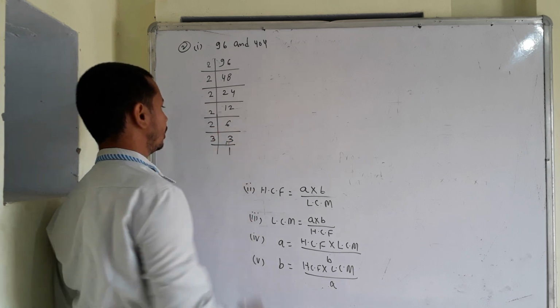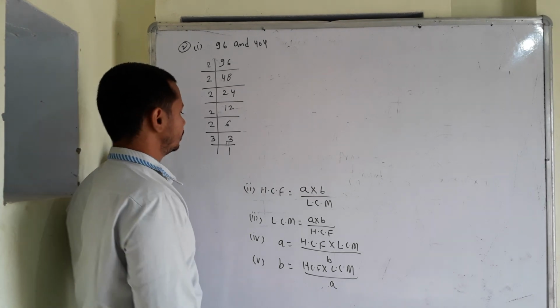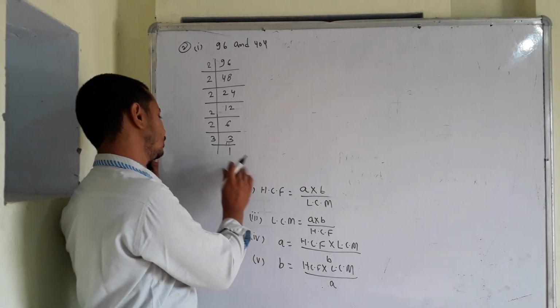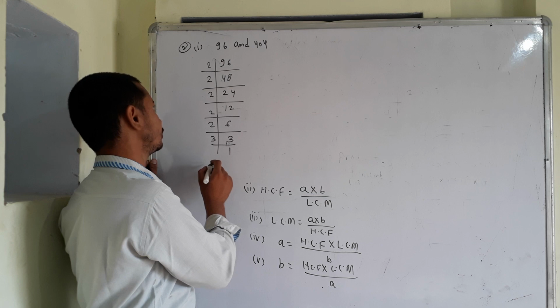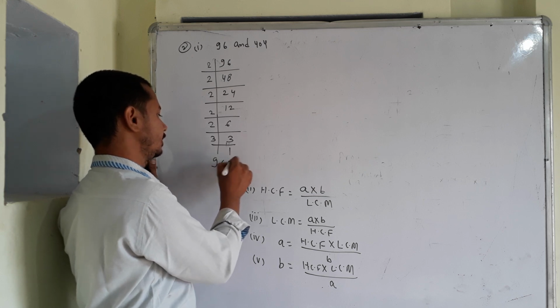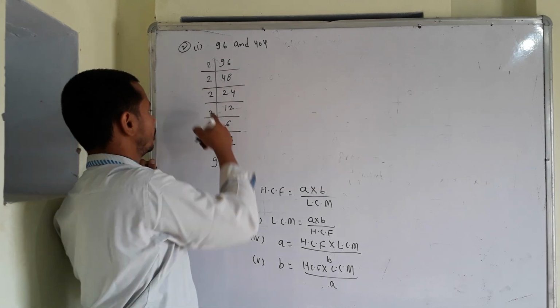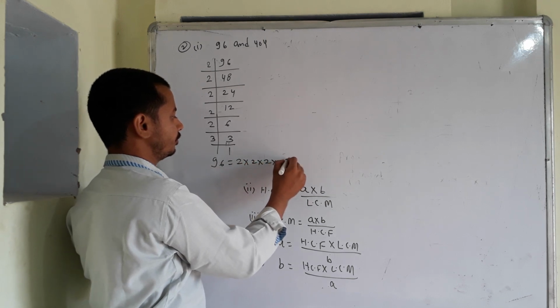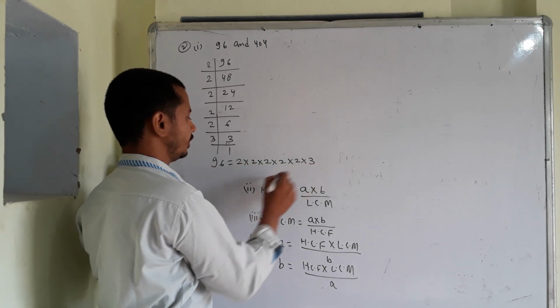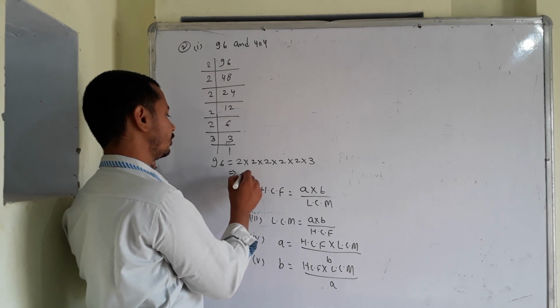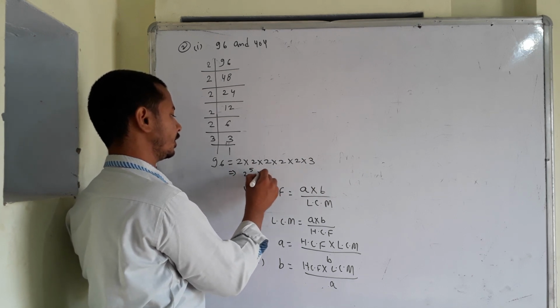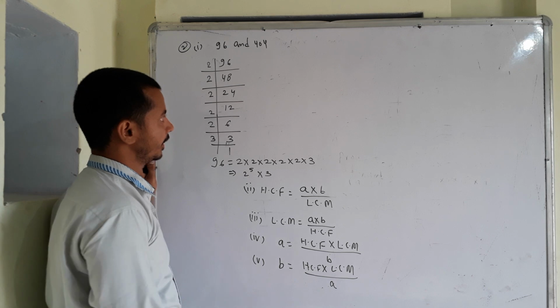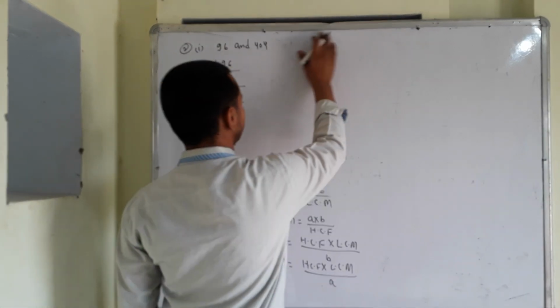Then we find 1. And we can write the factors of 96: 96 equals 2 multiply 2 multiply 2 multiply 2 multiply 2 multiply 3. And we can also write in the form of 2 power 5 multiply 3. Okay. And the second number is